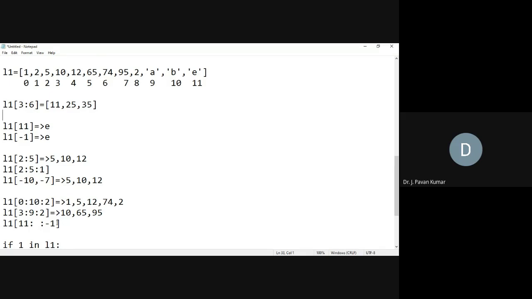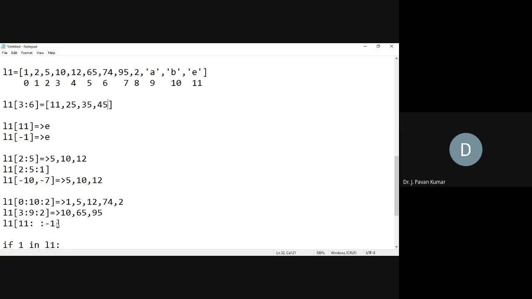Now say I have given L1 of 3 to 6 as 11, 25, 35 and 45 as well. How many elements are we referring to in L1? 3 to 6 means 3, 4, 5, so total 3 elements only. But we are assigning 4 elements. We may think how we can assign 4 elements in 3 slots.